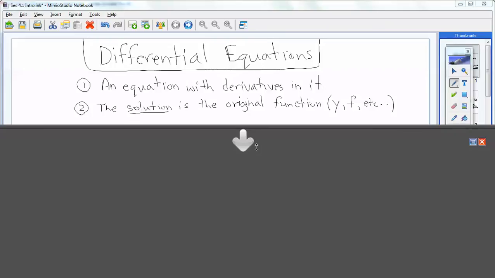But maybe you want to rewrite it to keep your notes organized. I don't know, and I don't care. It's totally up to you. But if you are writing that down, just so you think about it here,